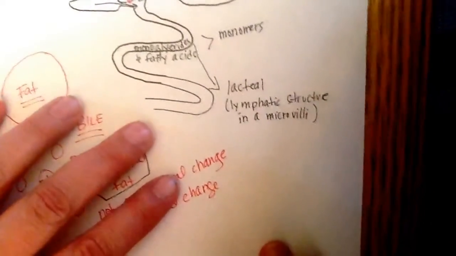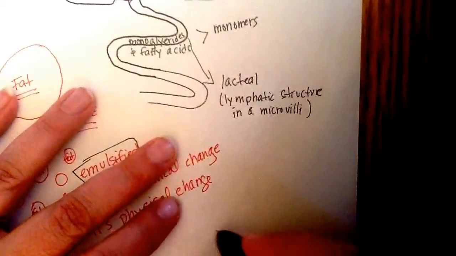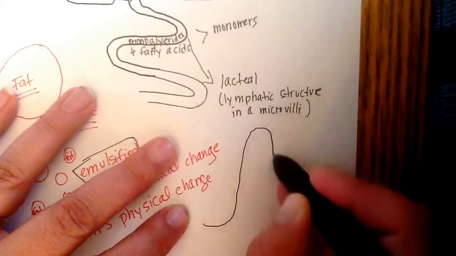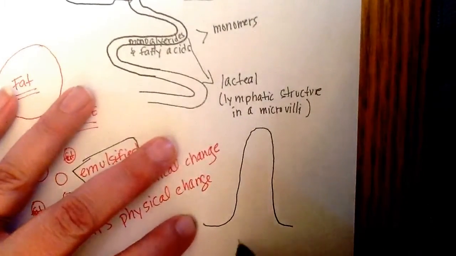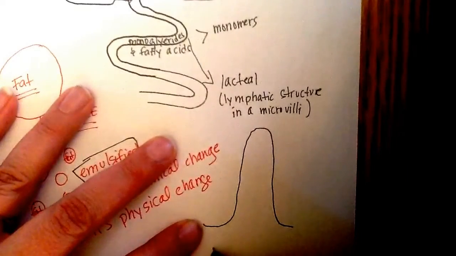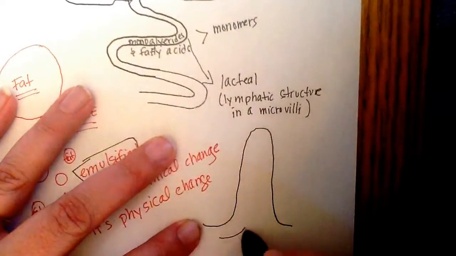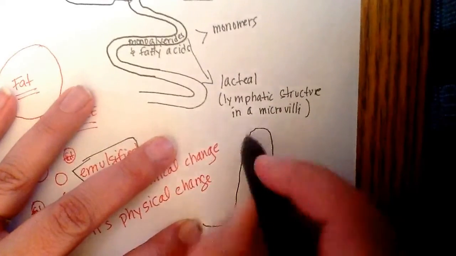So if we look at a microvilli, remember it's on the surface of those columnar cells. We're going to enlarge that microvilli, and in the center of that microvilli we have a lacteal, and it's basically a tube